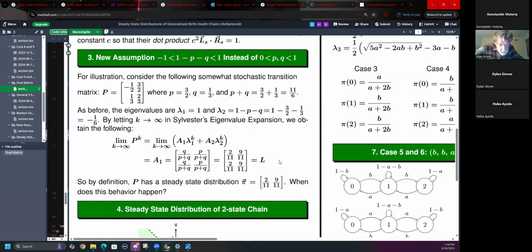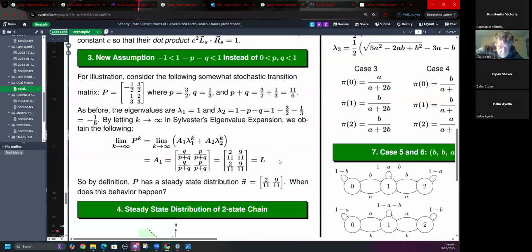Thank you. And so the main idea of slide 3 is replace the condition that P and Q are classical probabilities by this eigenvalue condition that it's trapped between 1 and -1. Here's an example. If you form a P matrix which has a negative transition now, the P and Q in this case,